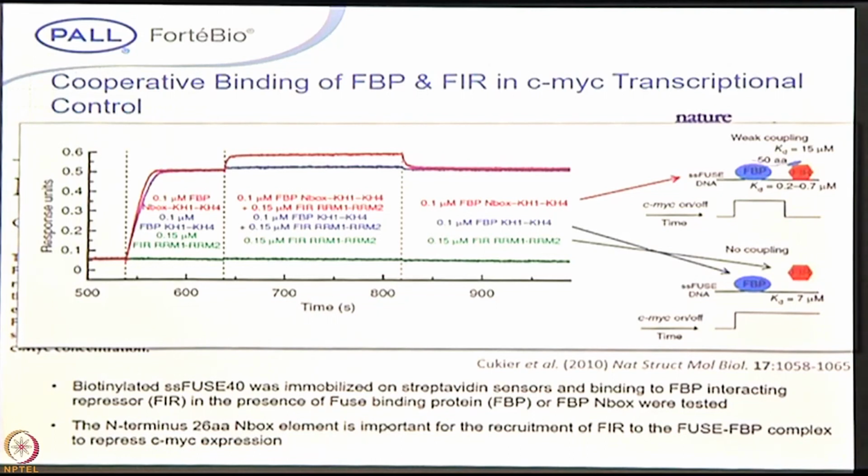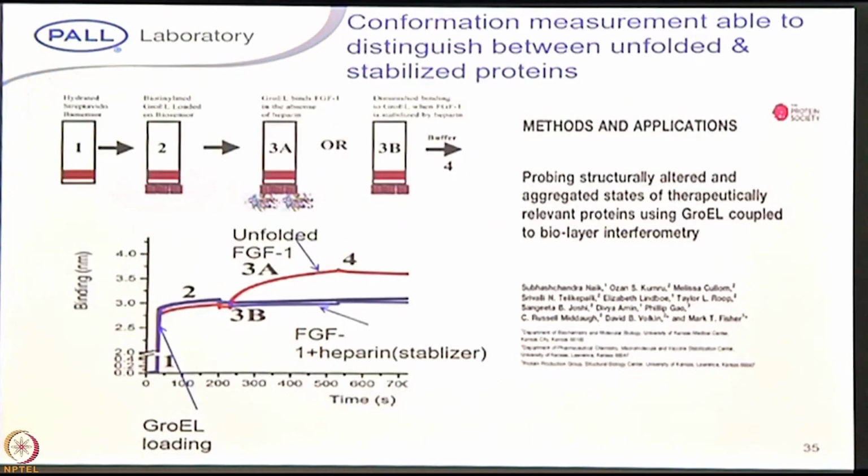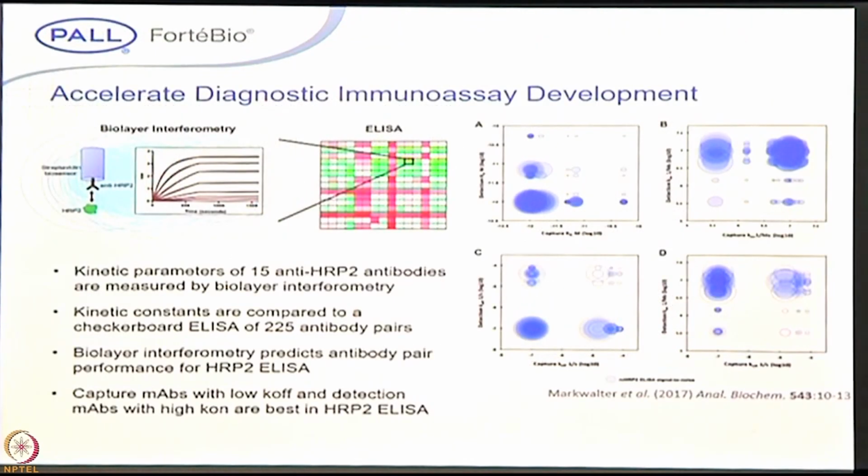It is a very important tool in basic research, where you can quickly screen those. One more example I am showing here is the folding and unfolding patterns of proteins. In this example, biotinylated GroEL is immobilized on the sensor surface. The unfolded protein will bind, and you can see the response; the folded protein will not bind. So using the chaperone model, you can easily study whether the patterns are folded or unfolded. And one more example, in the case of diagnostic immunoassays: